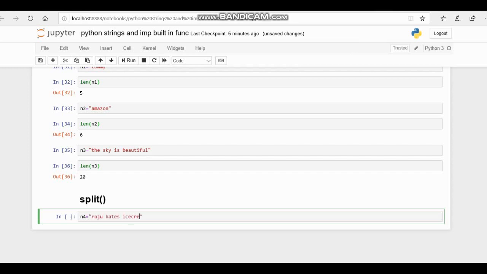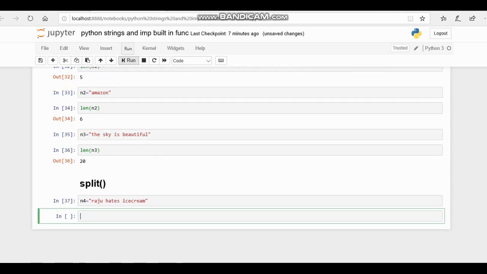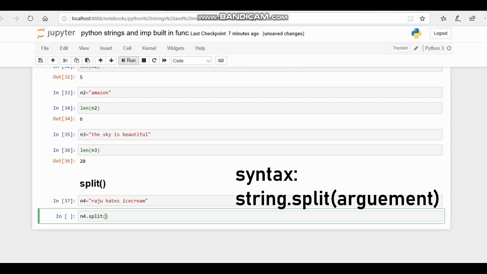I am going to apply the split function to this string to split it into a sequence of strings. n4.split is the syntax, and inside the parentheses we specify the character we want to separate the strings by. I am going to give a white space so that I get a list of strings: Raju, hates, ice, cream. Let me run this.